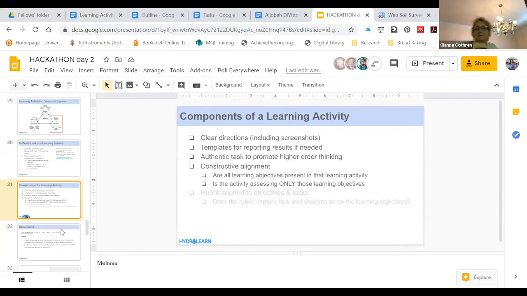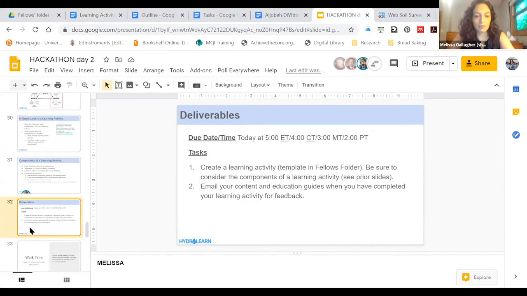Does that make sense? We're going to come back at 5 Eastern, 4 Central, 3 Mountain, or 2 Pacific, and learn some more about how to start putting that into HydroLearn. In these next 2 hours, if you can, work with your partner to create a learning activity. If you create one using the template and everybody's gung-ho and you want to do a second, then you're getting ahead of the ball, and that'll help you meet our deadlines in time. Or if you need to take a longer break and just get one done, that's fine too.